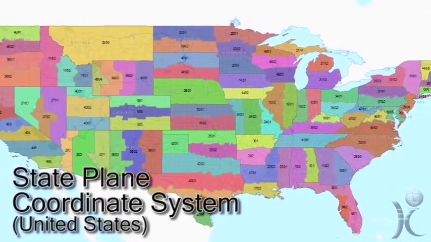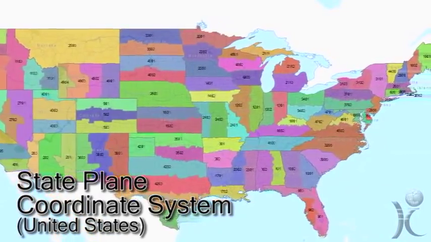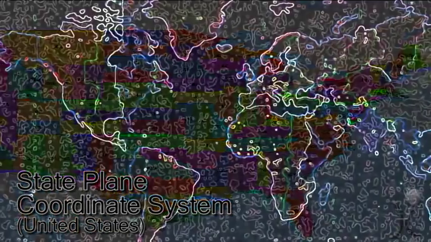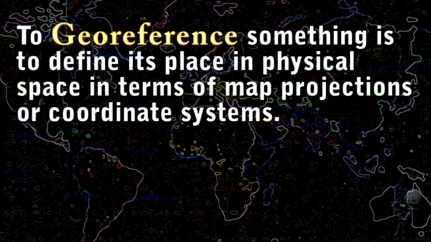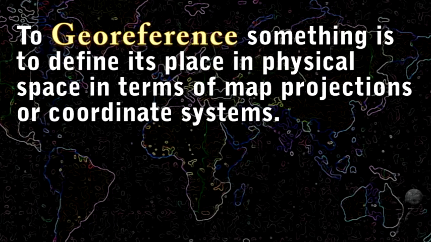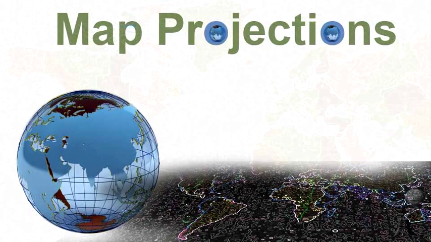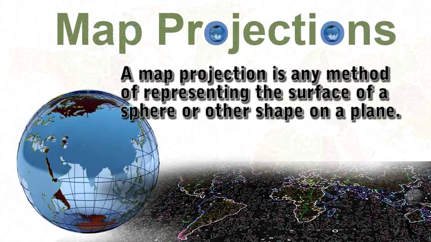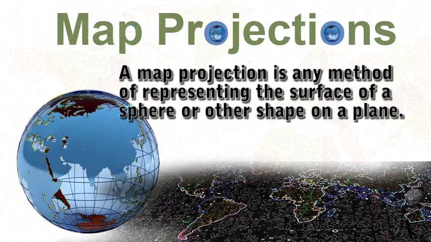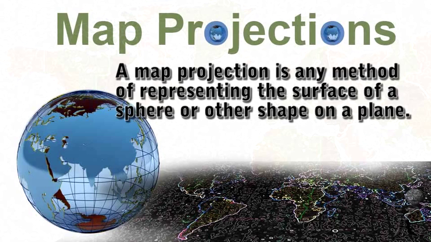In other words, there's a lot of mathematical computation that goes into a coordinate system, projection, and datum. Geographic data represented by its spatial location is often referred to as georeferenced data. A projection can be defined as the transformation of the round Earth, which has 3 dimensions, into a 2-dimensional surface. Whenever we take a real 3-dimensional object, such as planet Earth, and project it to a 2-dimensional object, such as a flat piece of paper,